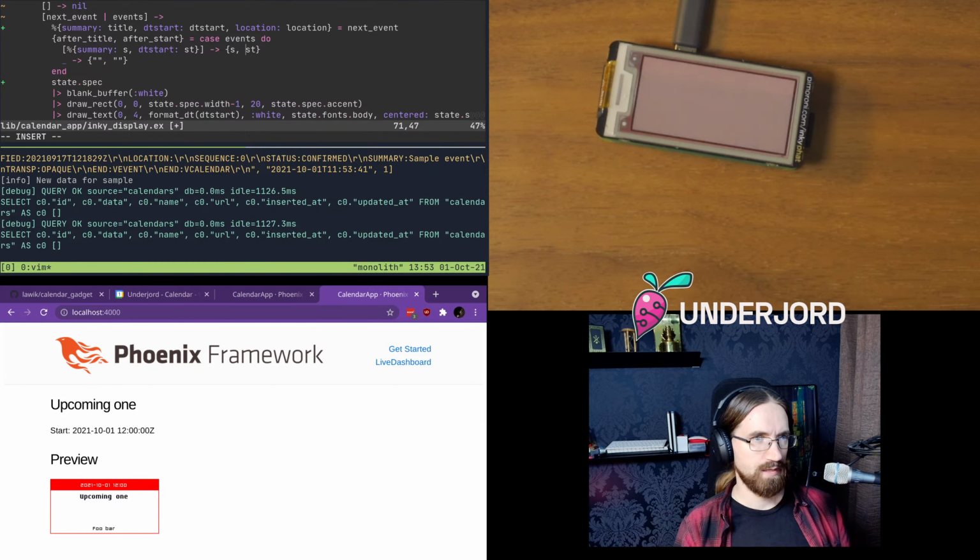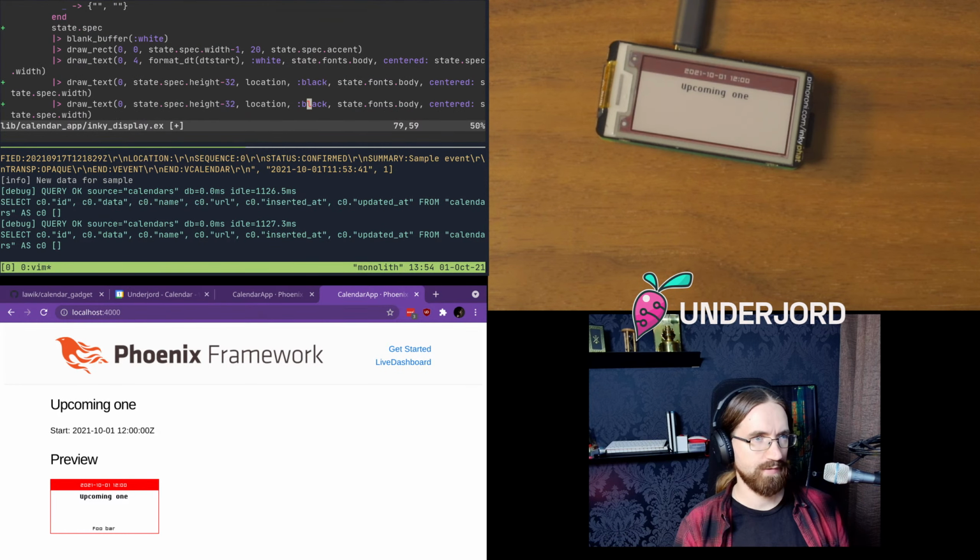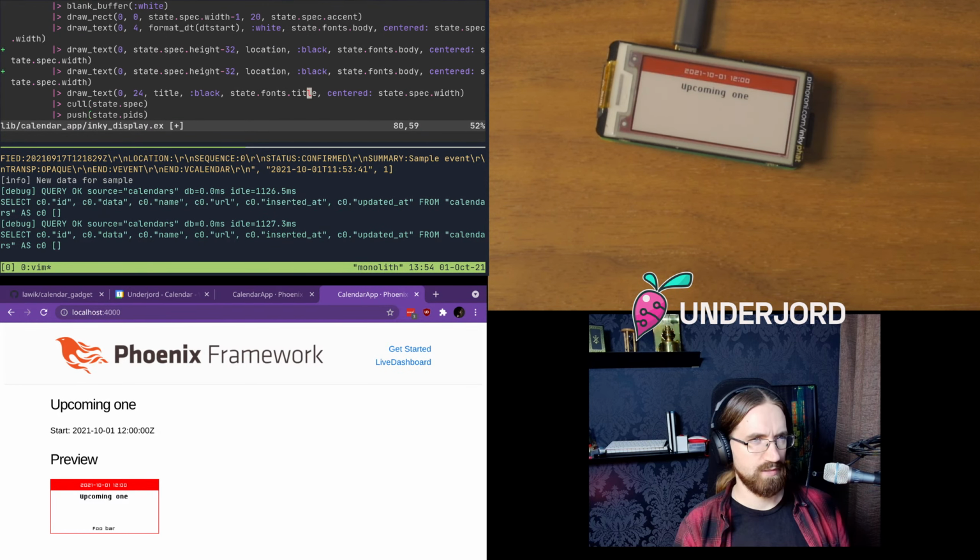So we can do format DT on this one, make sure we have it formatted and those are strings. Then we could just add